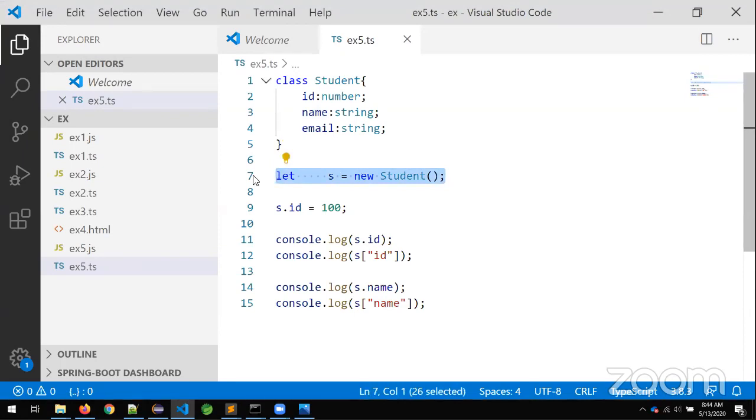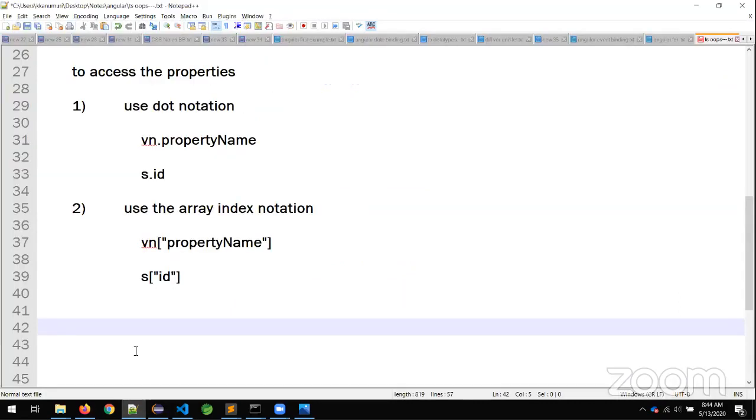So my requirement is, when we are creating an object for my class, I want to provide values for all the properties. At that time, I will go for what is the one? You already know. Some of you already know. The name for that is constructor. In programming languages, we call it a constructor.